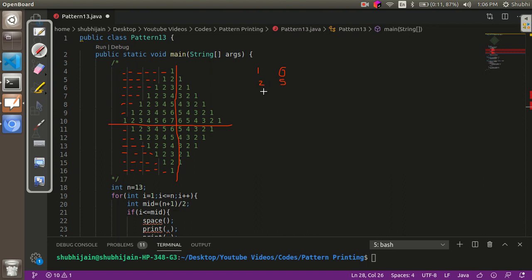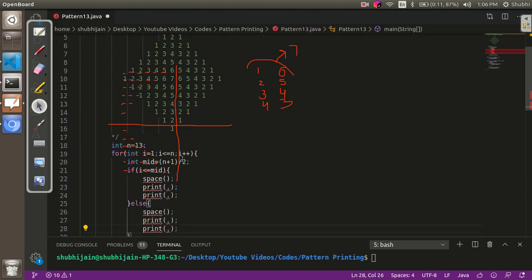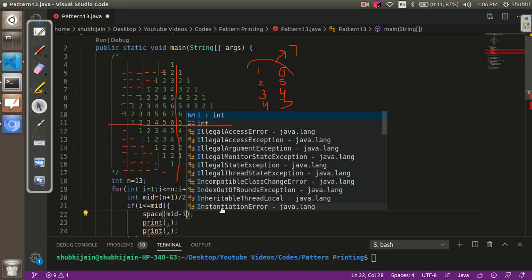Third row has 4 spaces, fourth row has 3 spaces, and so on. Now over here we can see that the total sum is coming to be 7, which is our mid over here, and from this we can conclude that the number of spaces being printed is equivalent to mid minus the current row number. So over here the number of spaces that are being printed is mid minus current row number.